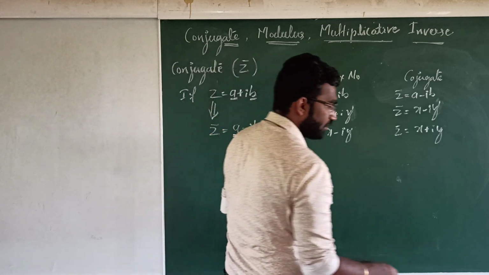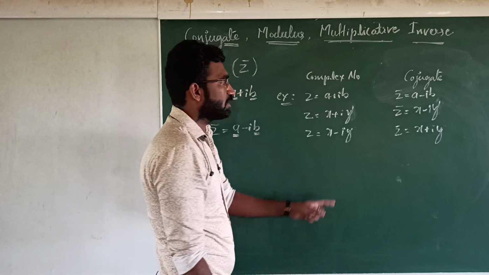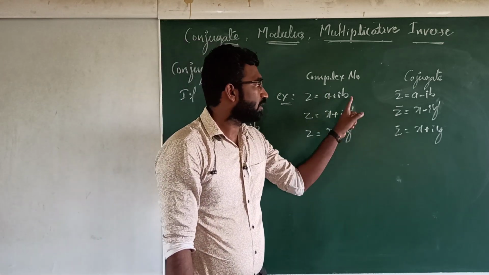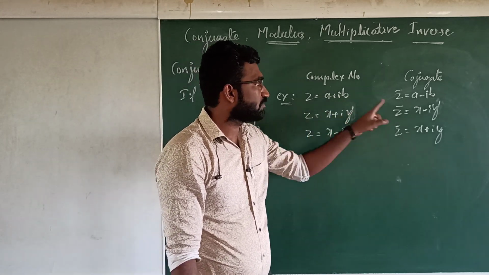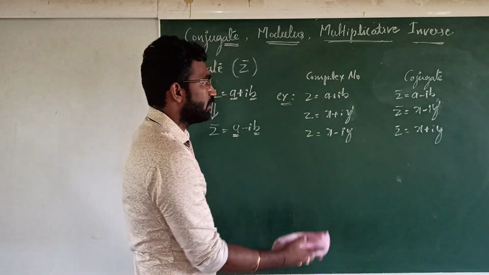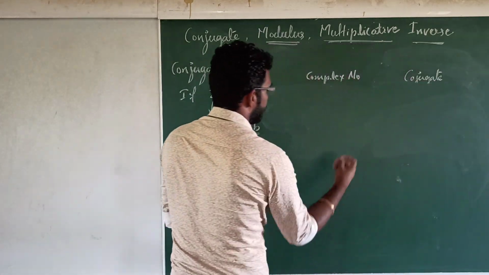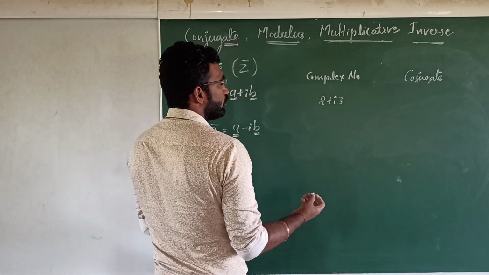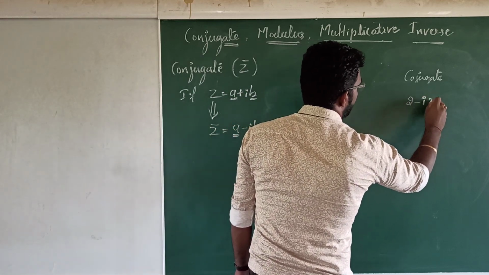Just I will take some real numbers and try to make you understand the conjugate of the given complex numbers. Just you should concentrate here. Here x is the real part, and y is the imaginary part. We have changed only the sign of the imaginary part, therefore we get the conjugate, right? If I take 2 plus i3, you can write it as 2 plus 3i also, then what is the conjugate? 2 minus 3i is the conjugate.